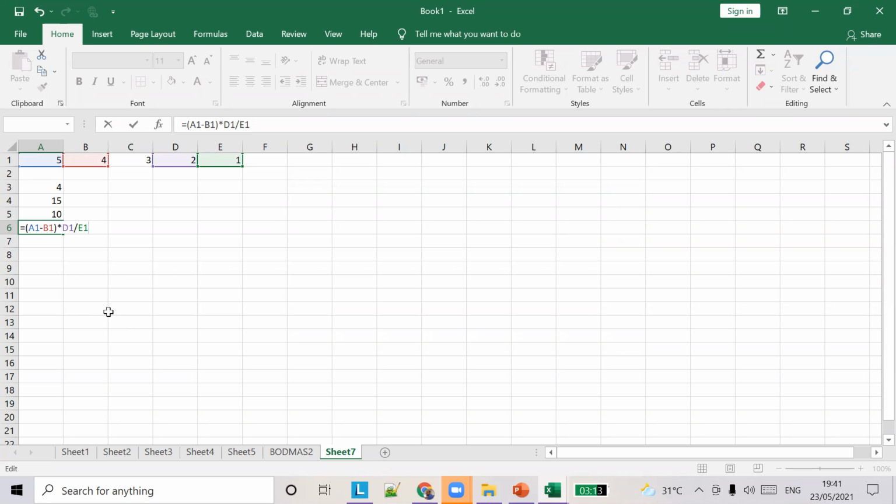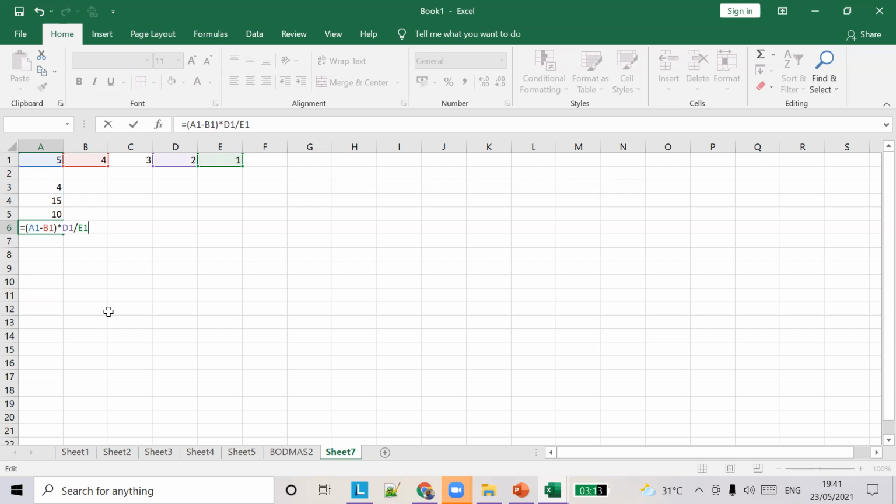I don't want the answer yet. A1 minus B1 will be calculated first. A1 is 5 minus B1 is 4, so the answer is 1. Then there is a multiplication and a division. Which one comes first? Division. So D1 by E1. What is D1 by E1?